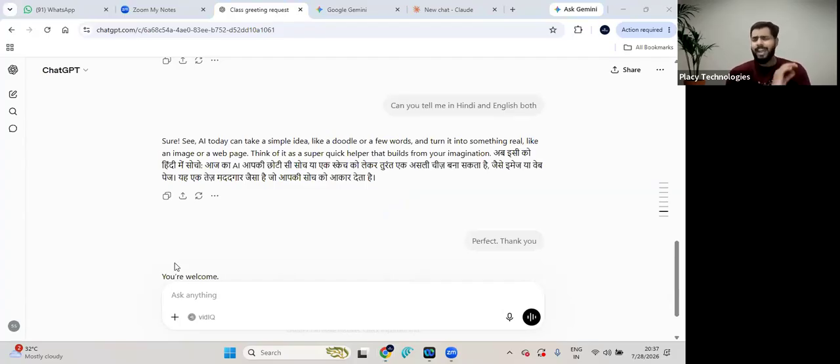Yeah, absolutely. In any language, they can just translate, right? So the word "large language" is used because they interact with you in human language. It is not that it is going to respond to you in some binary language or computer language, right? Perfect. Now comes the third word in "large language model."